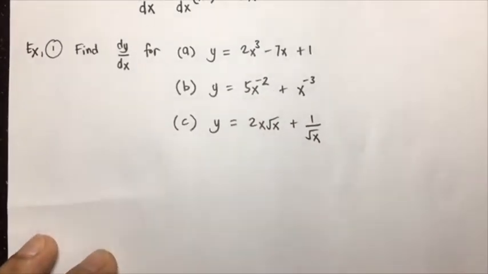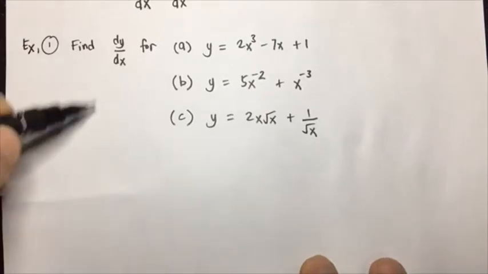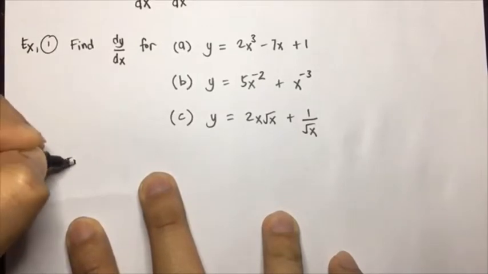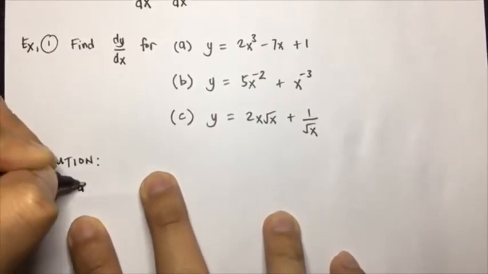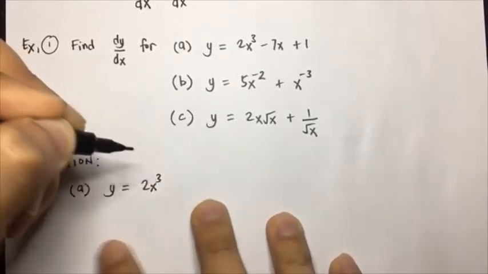Example number 1. Find dy over dx, or find the derivative of y with respect to x for those three functions. The first one, we have y is equal to 2x cubed minus 7x plus 1. Okay, so writing our solution for letter A, we are given that y is equal to 2x cubed minus